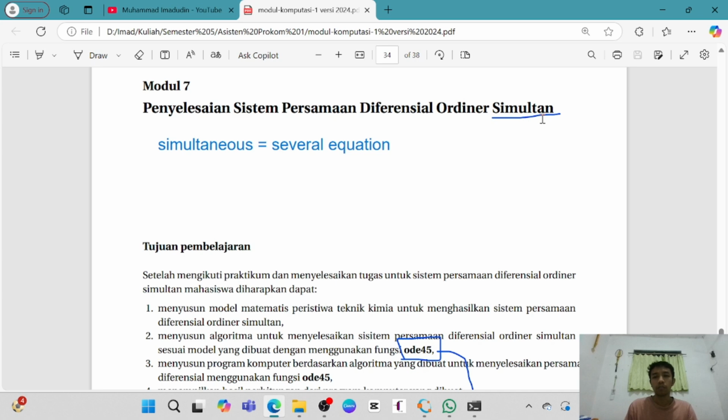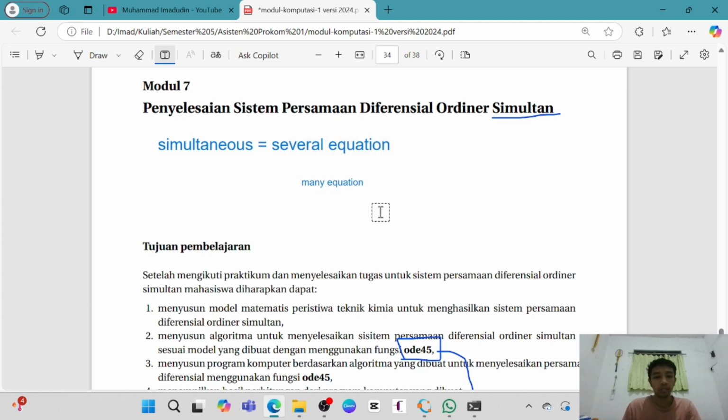What is the difference between this module and module 6, the ordinary differential equation? The difference is that in this module we have many equations, meaning more than one.